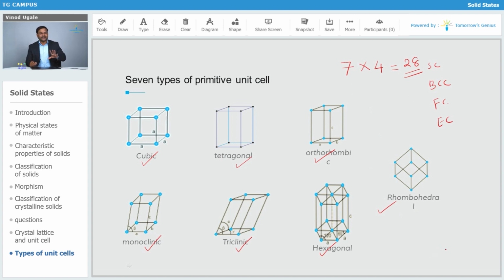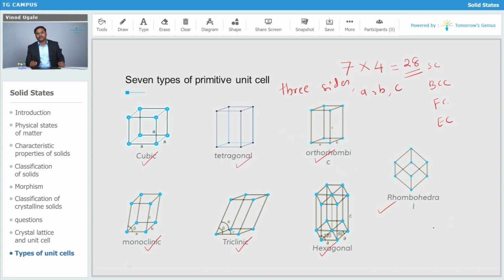So let's first study these 7 types of primitive unit cells, because we will have to consider the different parameters over here. In case of cubic system, parameters are going to be different. In case of tetragonal, parameters are going to be different. Likewise, we have seen in the 2-dimensional, we are considering 2 sides. We are considering 1 angle between the 2 sides. But here, in case of 3-dimensional crystal systems, we will have to consider all 3 coordinates x, y and z, and according to that we will have to consider 3 sides over here, that are going to be A, B and C.